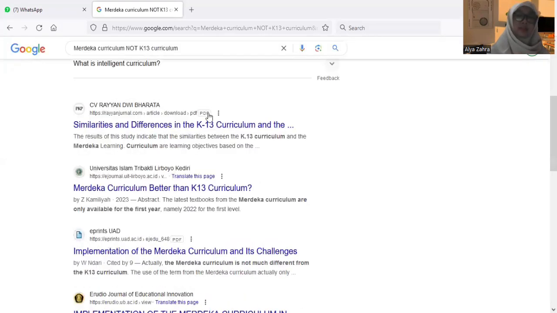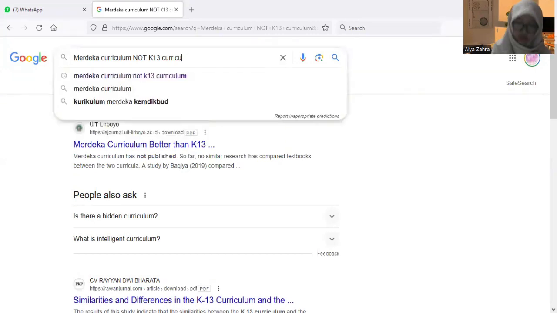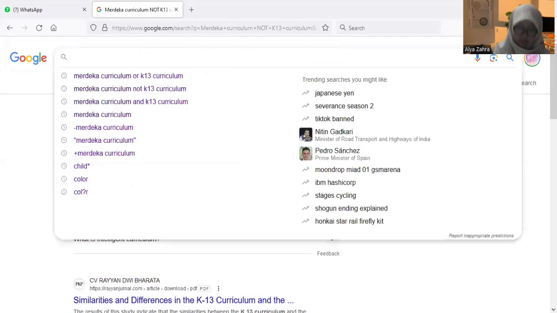All right. So let's continue to use truncation. Truncation is like searching meaning, like a synonym.